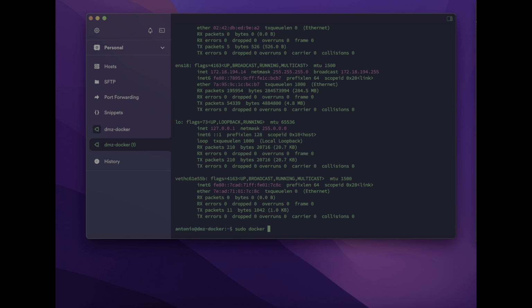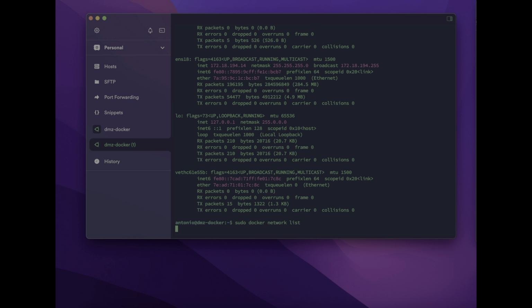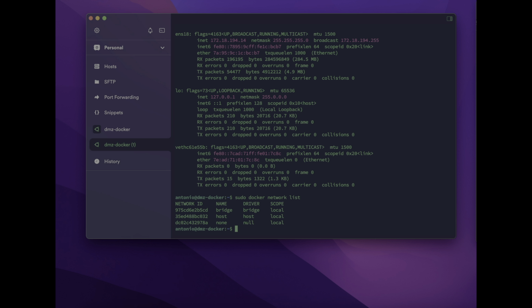So docker network list. So if we do sudo docker network inspect and we put the name of the bridge